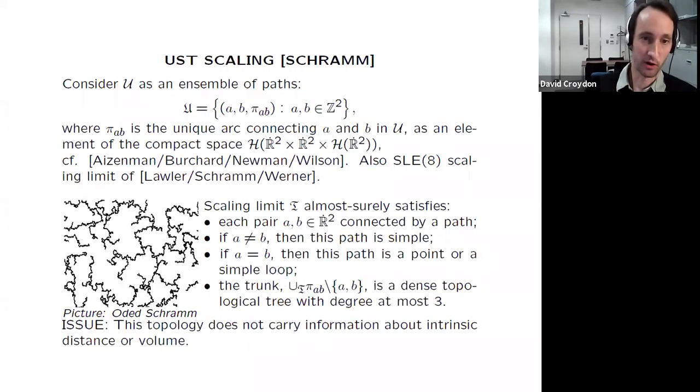So let's go back to our model of the uniform spanning tree. Just to put our results into context a bit, I wanted to underline that in the seminal works of Schramm, and in particular his first work on the topic of SLE, in addition to describing the loop-erased random walk scaling, he also described various properties that should hold for the scaling limit of a uniform spanning tree. Here's the sense in which he did this. How he chose to view the uniform spanning tree was in the so-called ensemble of paths.